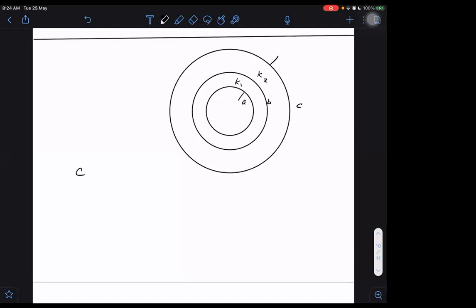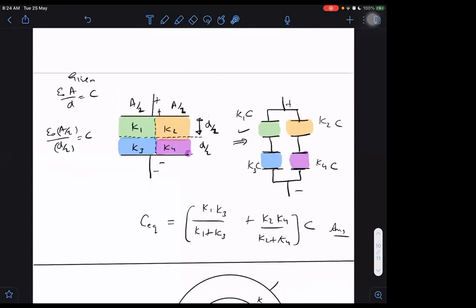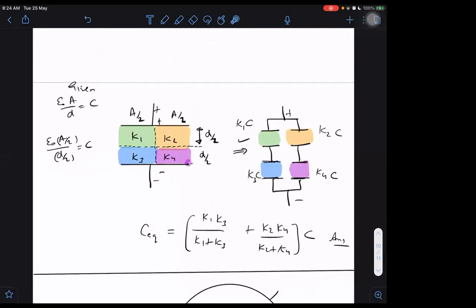No, that is completely wrong. You are already assuming that the capacitance from here to here will be C and here to here also will be C, without a different radius. Then only we could do that. Here we were able to take C common because I had divided in such a way, A by 2 and D by 2. Always it will not be like that. This came out to be equal to C only because the area was divided in half and the D was also divided in half.